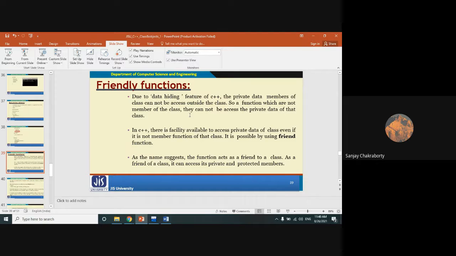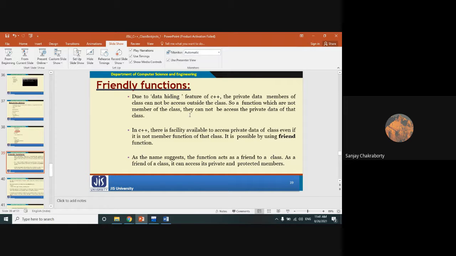Yes, there is a way, but this is only applicable for C++. There is another difference between C++ and Java. In C++, there is a role of the friend function or friendly function which you can use to access a private variable with the help of a function that will not be a member of that class. But in Java, it will not allow. There is no concept of friend function or friendly function in Java.